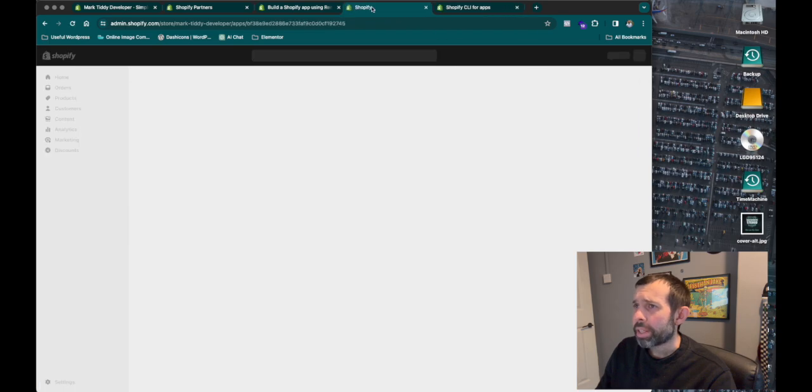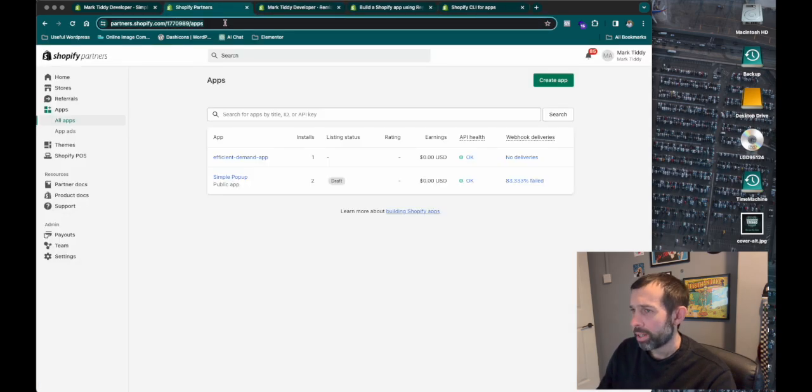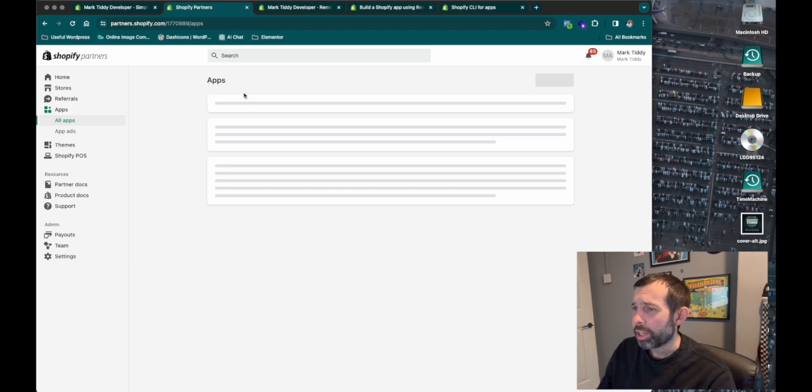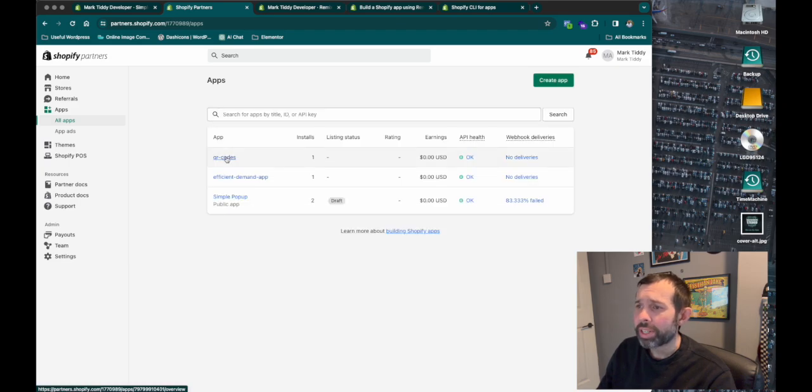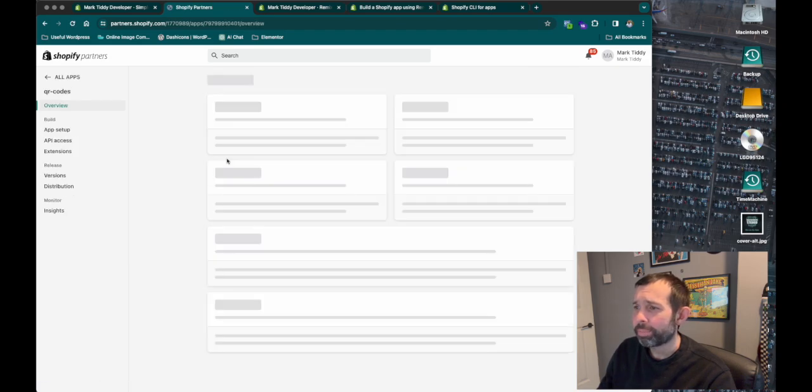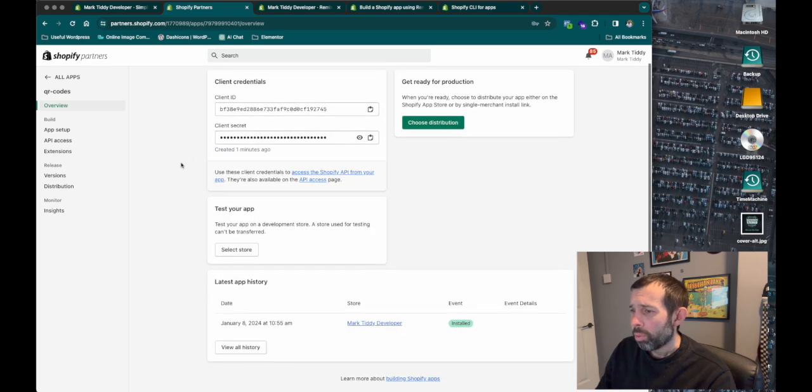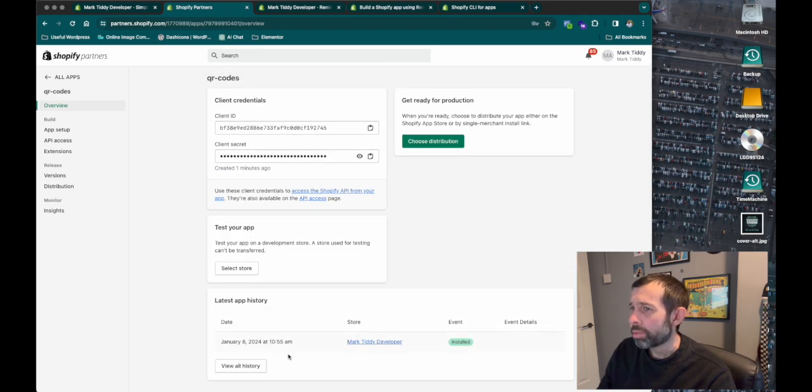And I'm just going to bring this next to here and go back into my Shopify partners and refresh. And I'm going to show you something I was talking about earlier. So if we click into this QR codes app, which is now here, what we can see is where it is installed. But if we go into this app setup on the left-hand side here,